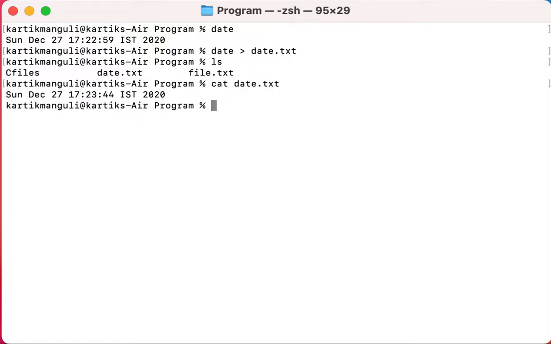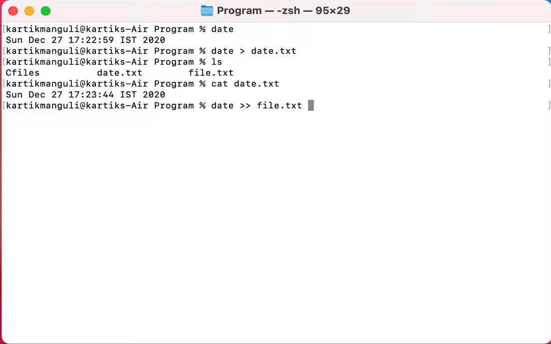Okay, it is stored. Now if you want to append to the file, you can use date, 2 times right chevron and then file.txt. So what it will do is it will save the date after the existing content, it will not modify what is inside the file.